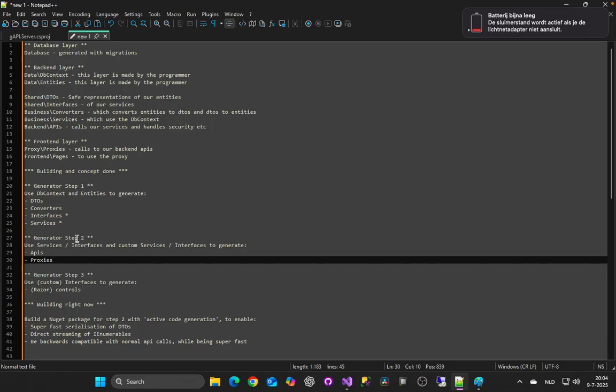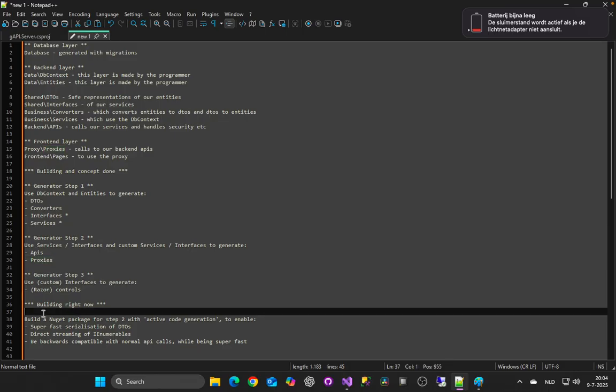So I never have to write another API in my life, or another proxy, because I'm just going to generate them from this code generator analyzer that I'm going to make right now. And yeah, I'm pretty excited about it. Like I said, can't really show you anything. Yeah, I can show you, but I'm a little bit shy about it. But this is what I'm actually working on right now,